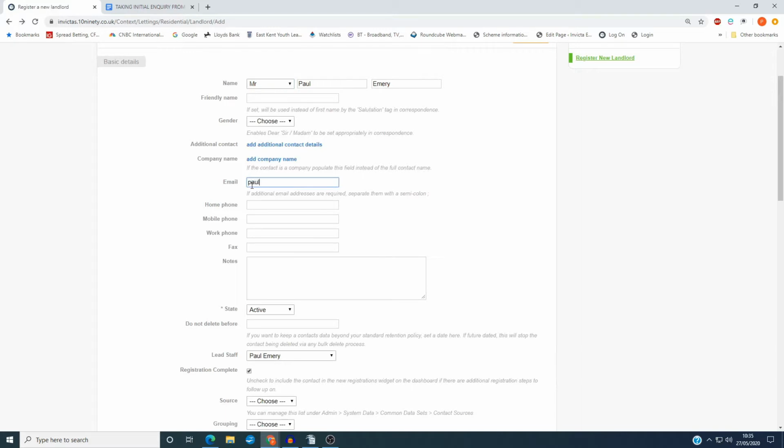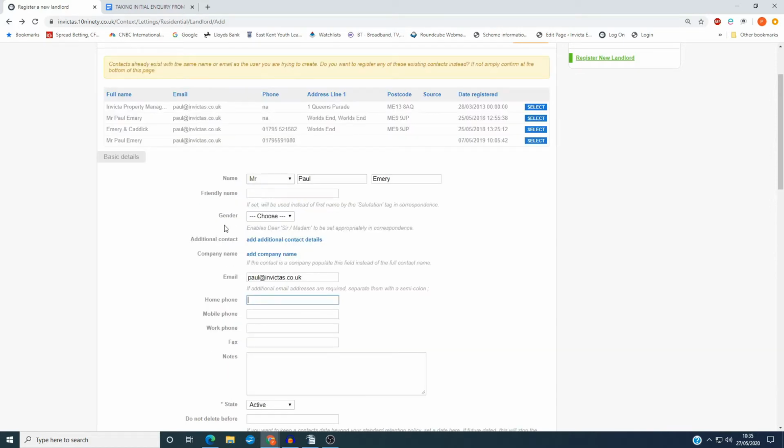Put my email address in, and it's always good practice to read back the email address and spell it out, because one wrong letter in here and you may as well not have taken the email address. So I'd always spell it back, paul@invictas.co.uk, and that really is essential. Try to get a home telephone number and a mobile,